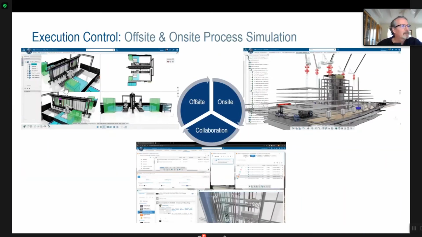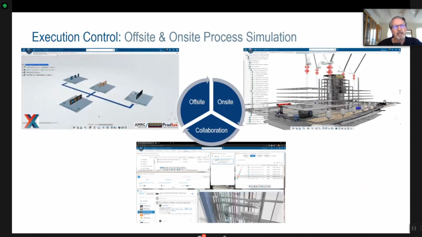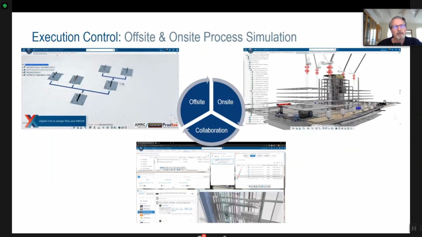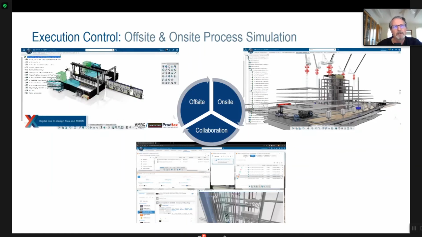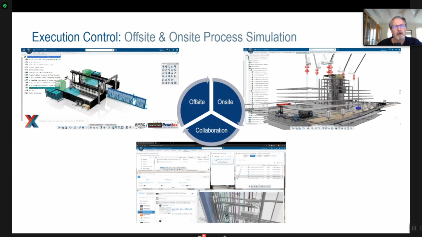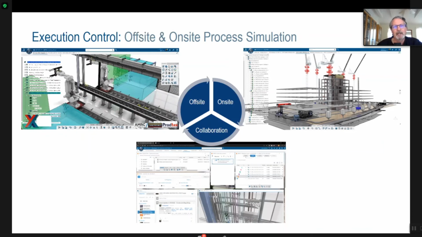So in the end, it looks something like this, where you've got a factory simulation that you're running, and if you need to make a change, you run a new simulation showing that change. If the change is acceptable, there's a script that actually sends the information straight to the equipment in the factory and it starts creating the new product. It's almost instantaneous. It's a change that can happen in less than an hour.